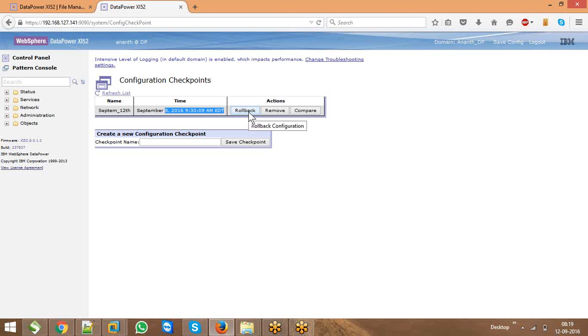So when you hit on this rollback, you can see rollback configuration. Whatever configurations were present on this domain at this point of date and time, your DataPower will go back to that particular stage by discarding all the other changes. So you can take a checkpoint like this, and whenever you take a checkpoint